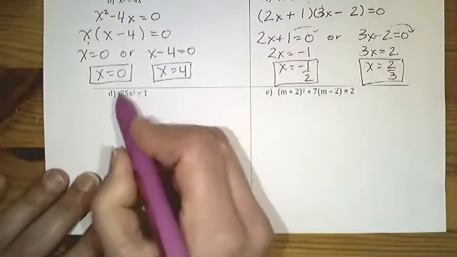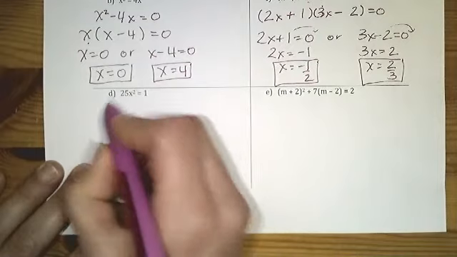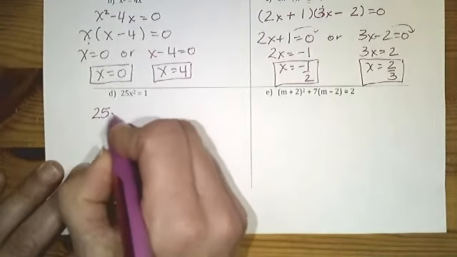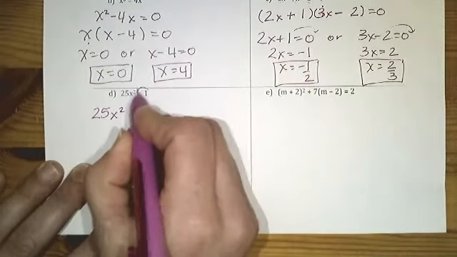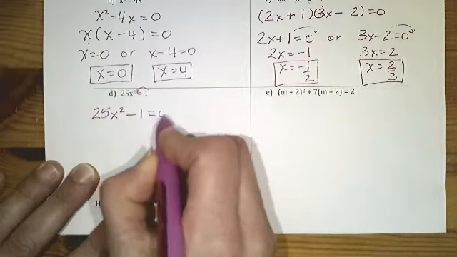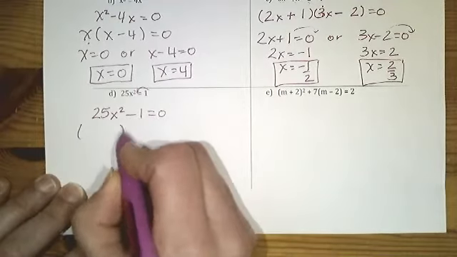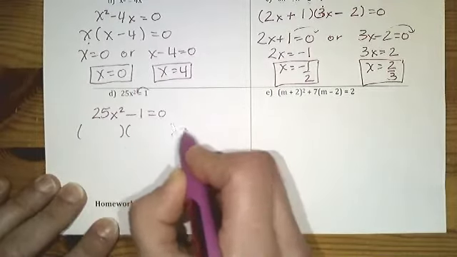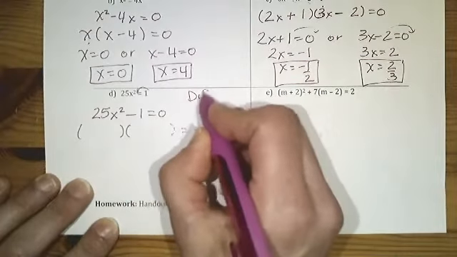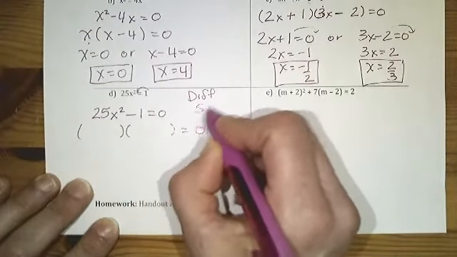D. Once again, there's nothing to simplify on each side, but I'll bring this to the other side, changing its sign. And I know I can factor this. This is a difference of squares. Once again, you should have been practicing these in the